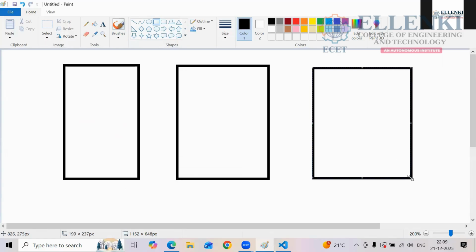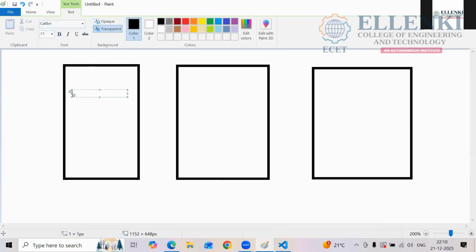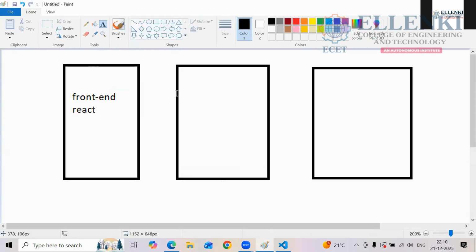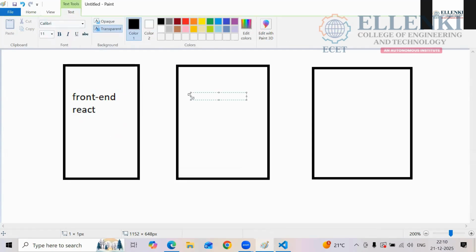Yes or no? So what is this? This is the front end. In this front end, what are we having? React. And here I am having the back end. In this back end, what are we connecting? The DB.